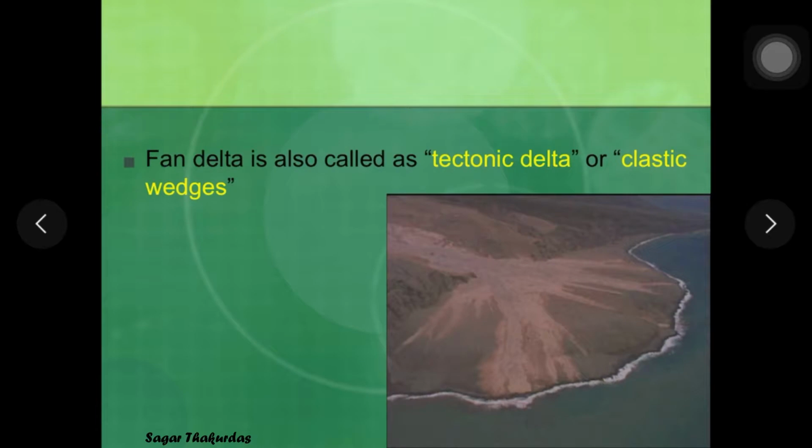So these alluvial fans, or fan deltas, are also called tectonic deltas or clastic wedges because of their wedge shape. And here is the actual example of fan delta, you can see here. And similar to a delta, some part of this delta is subaerial, exposed on the surface, and remaining is subaqueous.